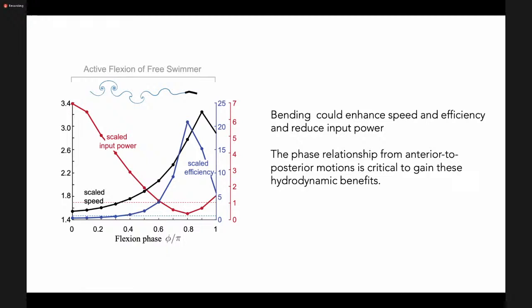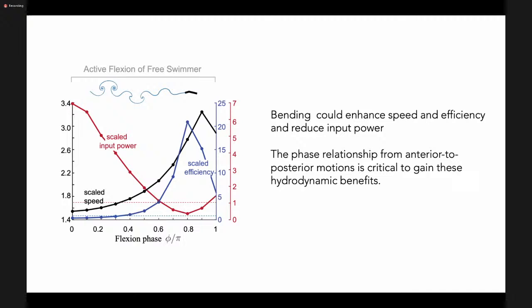So what this says is that it's not only enough to look at the flexion or the tail flapping amplitude and the flexion ratio, you should also look at the flexion phase, that this phase matters a lot for hydrodynamic benefits. And you can actually produce hydrodynamic benefits by actively flapping or actively bending rather than passive. I mean, I haven't told you what's the story of the passive bending, but I'm telling you that you can produce hydrodynamic benefit by